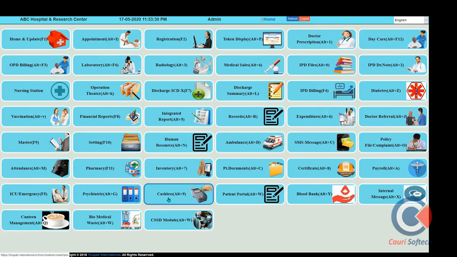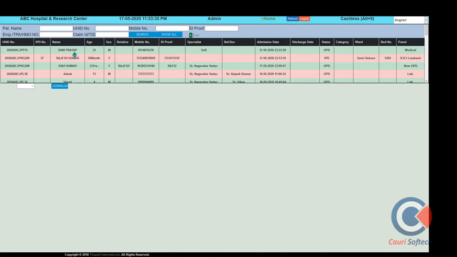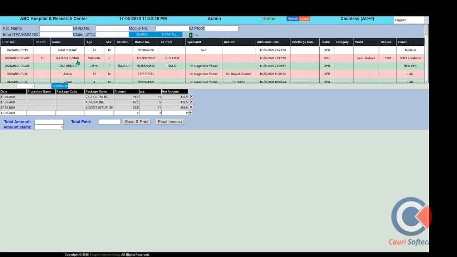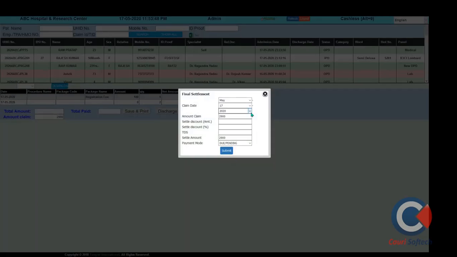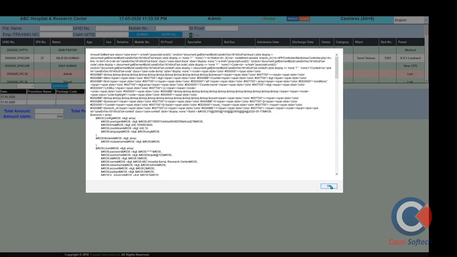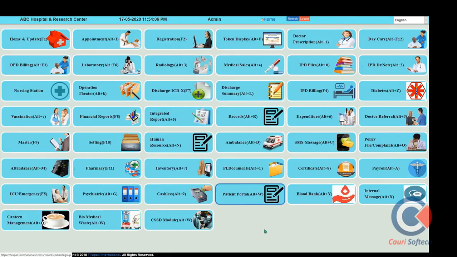Here you can see the cashless entry. There are corporate patients and TPA patients. We want to settle the amount. We want to accept the patients. How do we show the list of net payments that come from the respective company, and how do we settle that amount? Here you can see this company has 2900 rupees due for the patient, so we want to settle that amount. Here you put the settlement discount and the mode of payment, which is paid by the company, and the discounted amount we can put here. This way we can make a settlement to the respective patient's bill entry, and this bill will go directly to the corporate patient account ID.